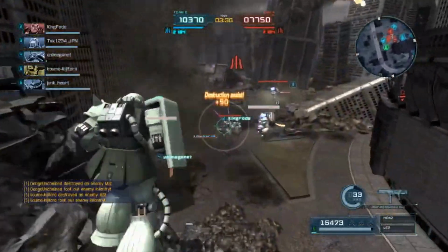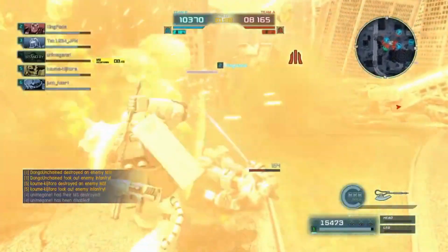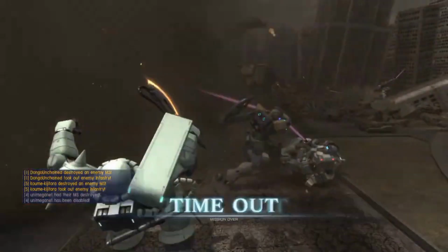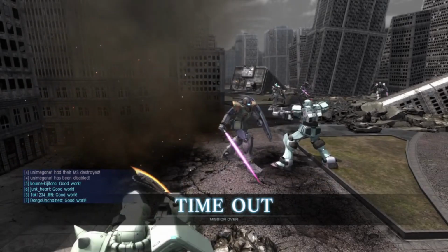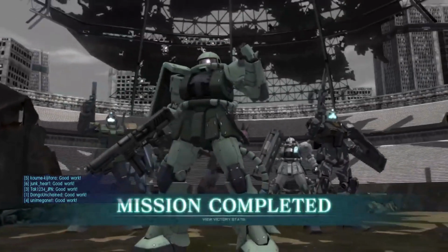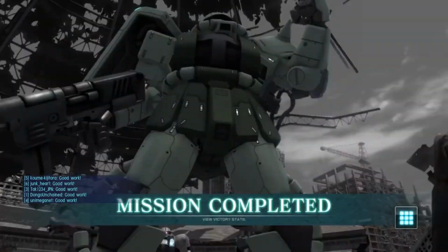Zaku II is in town, baby. And we're going to get one more melee off. And right on the support, and King almost killed him, but oh well. Tied him out. You know, good work all around, and hey, mission completed. And I know we did really good this match, so